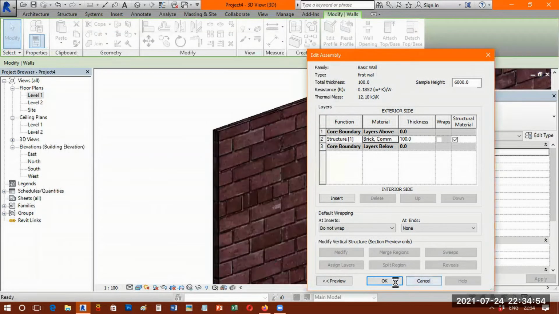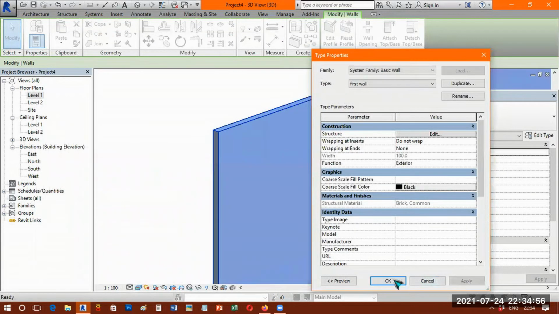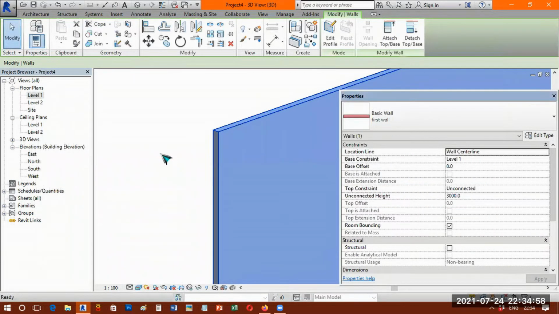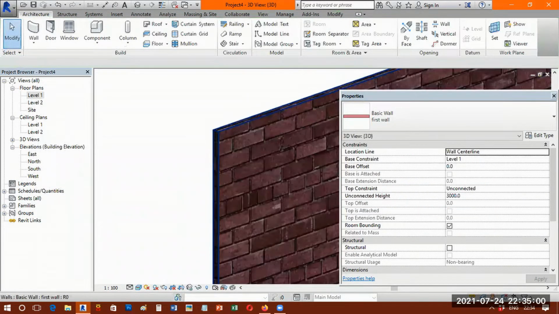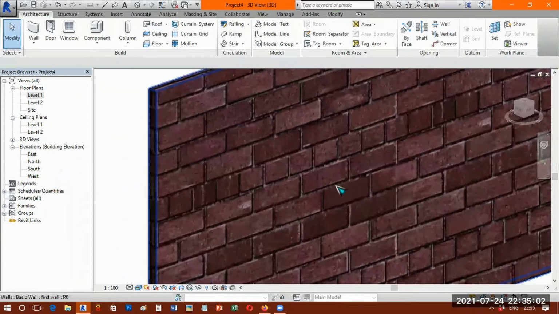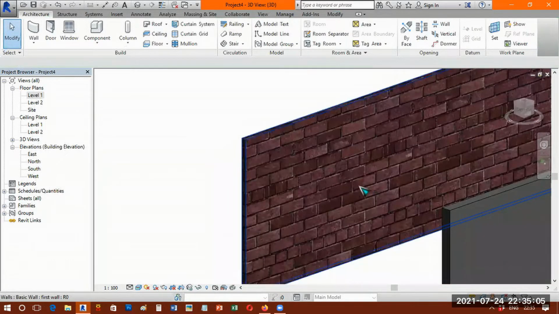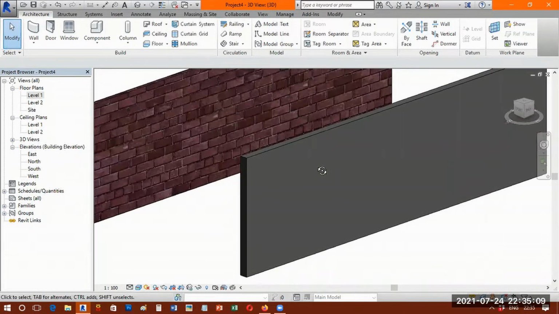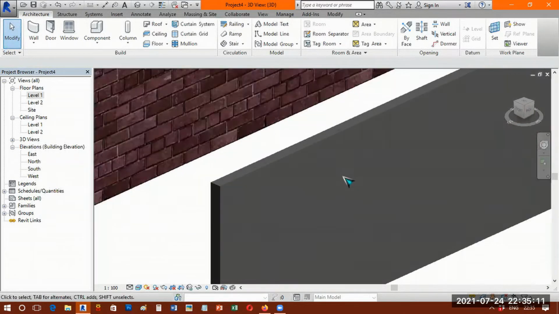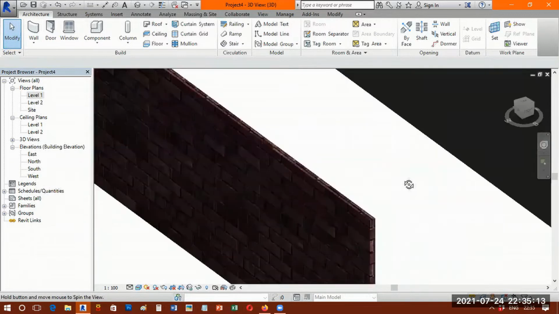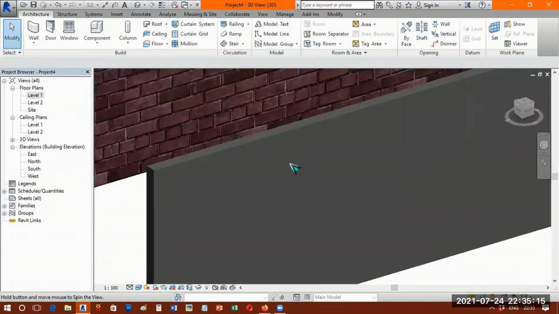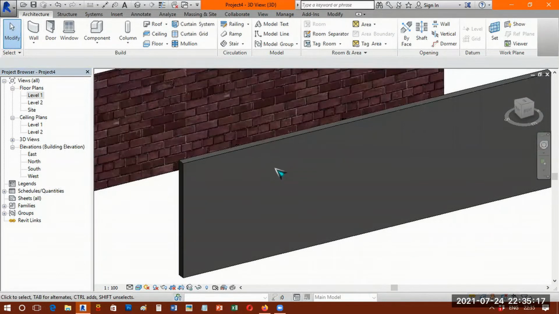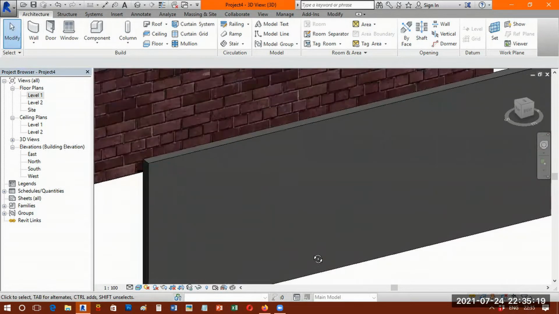Okay, now you can see the brick size got increased. Similarly, for any pattern, either wooden or tiles, you can increase or decrease the size using this method. Okay, now I'm going to apply the next method: the interior wall is a different color and the external is a different material. I wanted to apply different materials, interior different material, external different material.